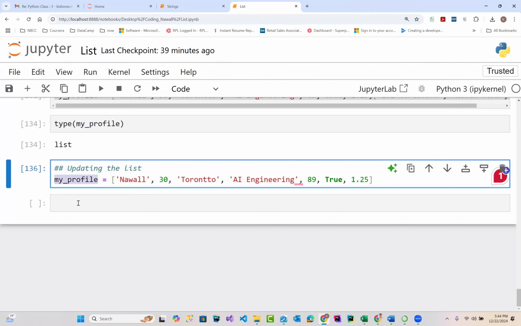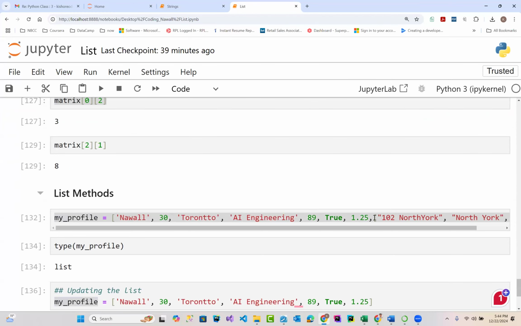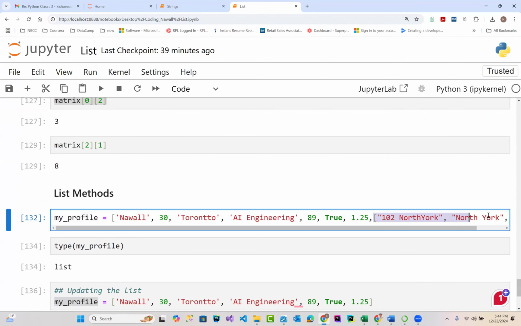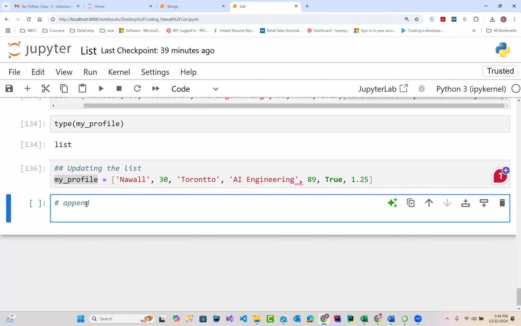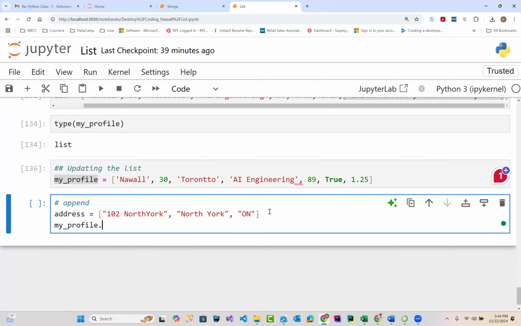Now, if I want to add something to the list, I can use append and extend. What's the difference between the two? So let's say this is address, and this is my profile. If I append that address to my profile,